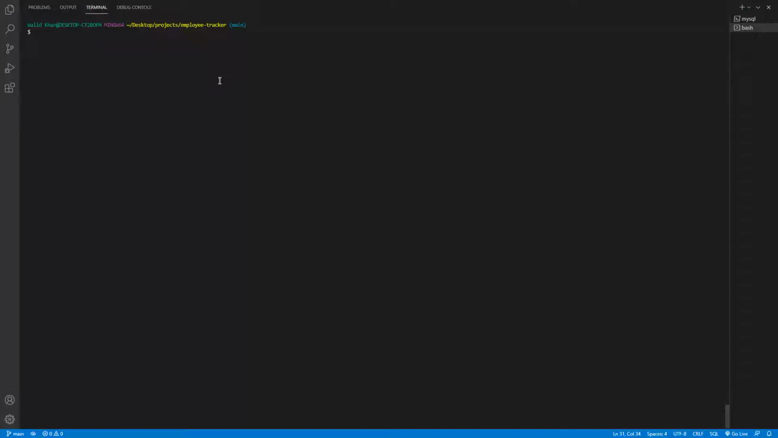In this walkthrough video, I will be demonstrating the functionality of my employee tracker application, which is the assignment for the SQL challenge. As you can see here, I'm in the root directory of my project. I'm going to type in npm start in the command line in order to invoke my application. I'm going to press enter here, and you can see that we're prompted with the main menu for